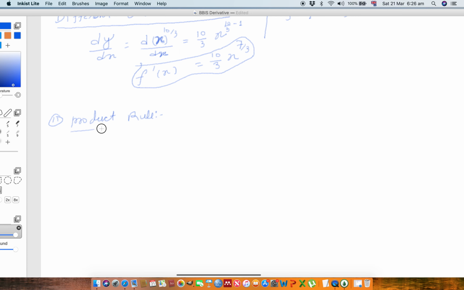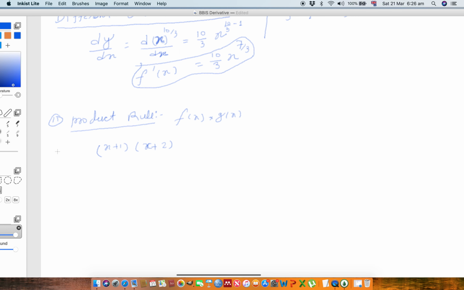What is the product rule? The product rule is used when two functions are multiplied to each other, that is f(x) times g(x). Two functions are multiplied to each other, then we use the product rule. Now let's say one function is x plus 1 and another function is x plus 2. Yes, we can directly multiply these two functions, but if we use the product rule formula, then how can we